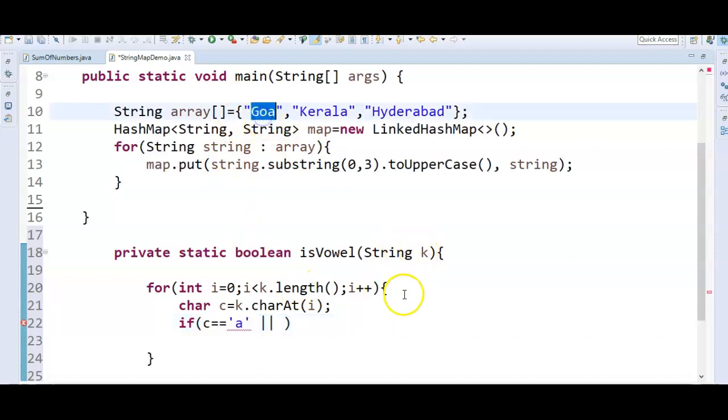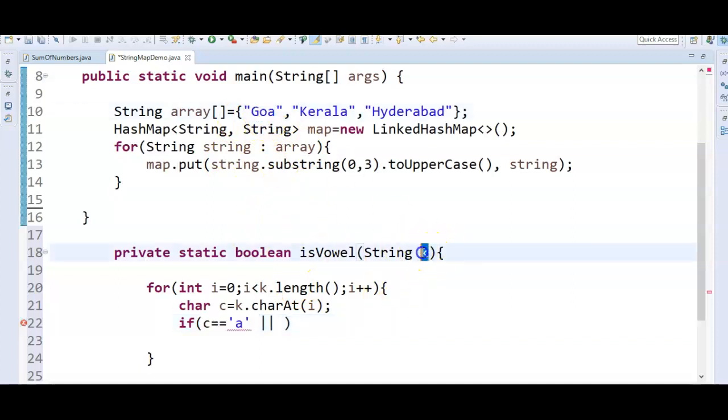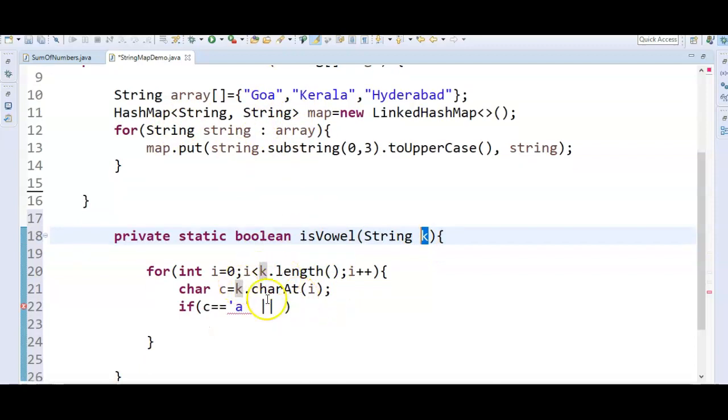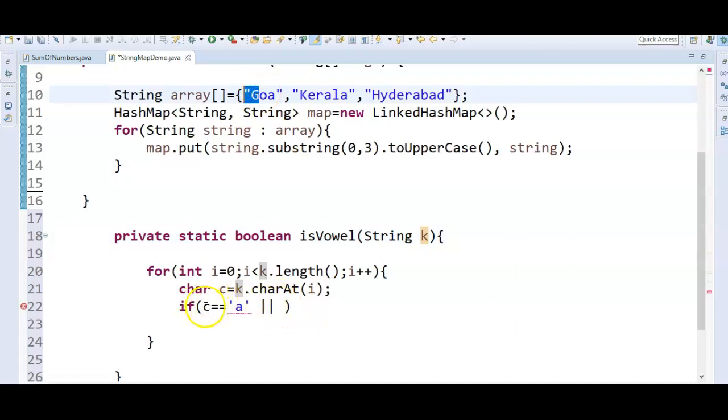Once we get this string and pass it to this method, we'll get here Goa. Here we need to iterate over this string, extract each character from this string and pass it.